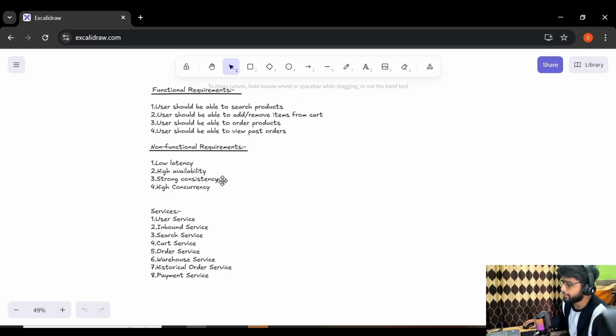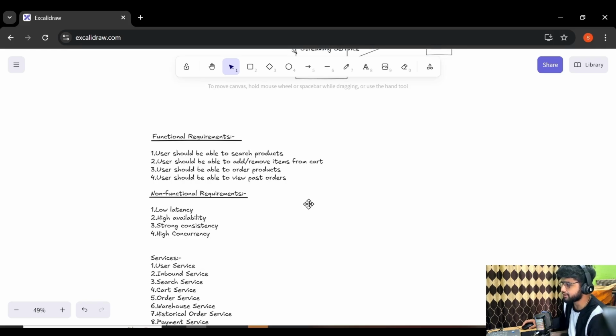Latency would be very low for these services, because they act as an interface to the user, or we can say to the front end.